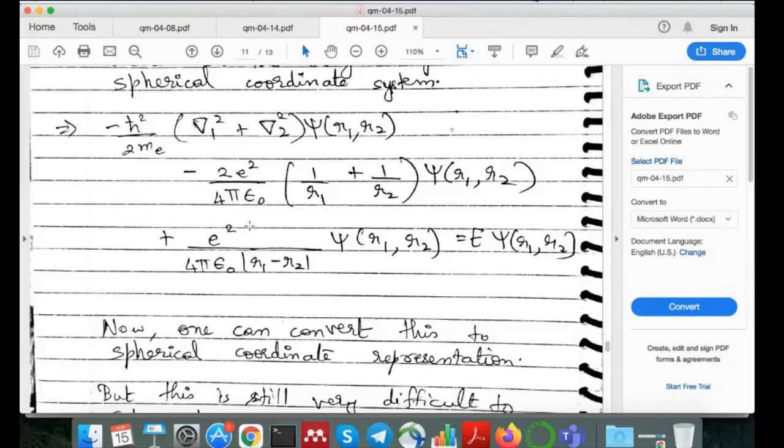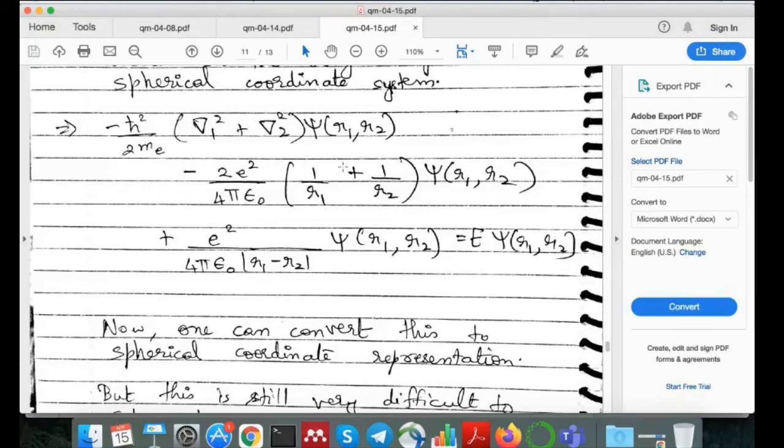In that case, what we have to do is use some approximation methods in order to solve it. I will not go into detail about the approximation methods. I will just tell you what it is and we'll stop there, because that should really be part of the advanced quantum mechanics course, and that cannot be taught in this course.